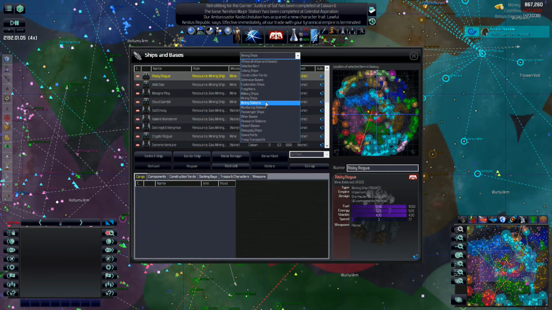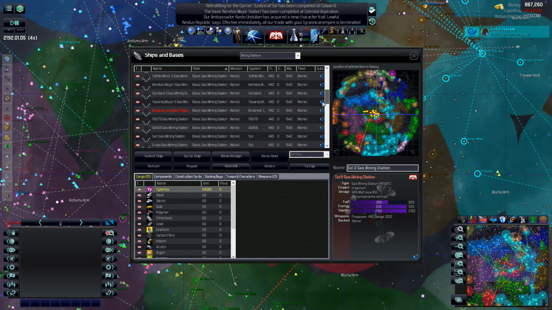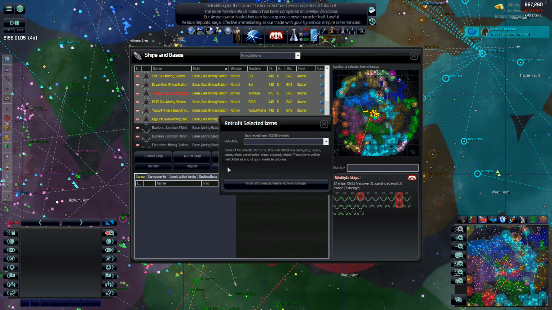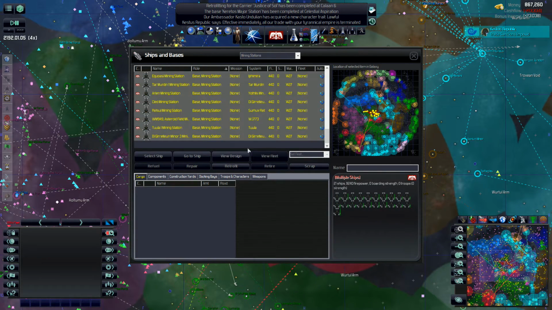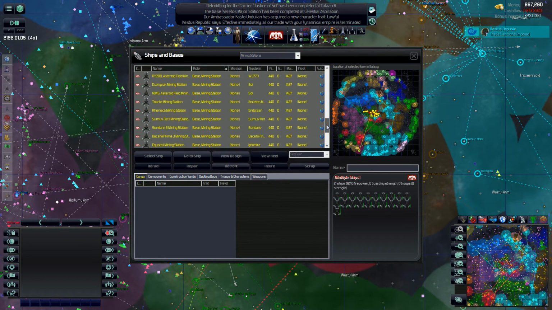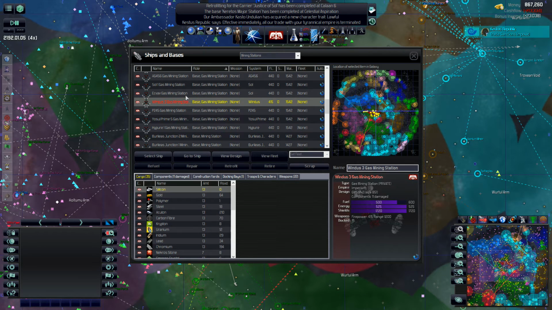Oh, mining ships. We want mining stations. Let's do the gas mining stations. I don't believe they've been upgraded for quite some time. I see I got a bunch of them that are somewhat damaged. We'll go ahead and do the mining stations too. This is going to eat up a lot of resources. Probably maybe not a good idea to do it during a massive retro fleet campaign going for my ships, but